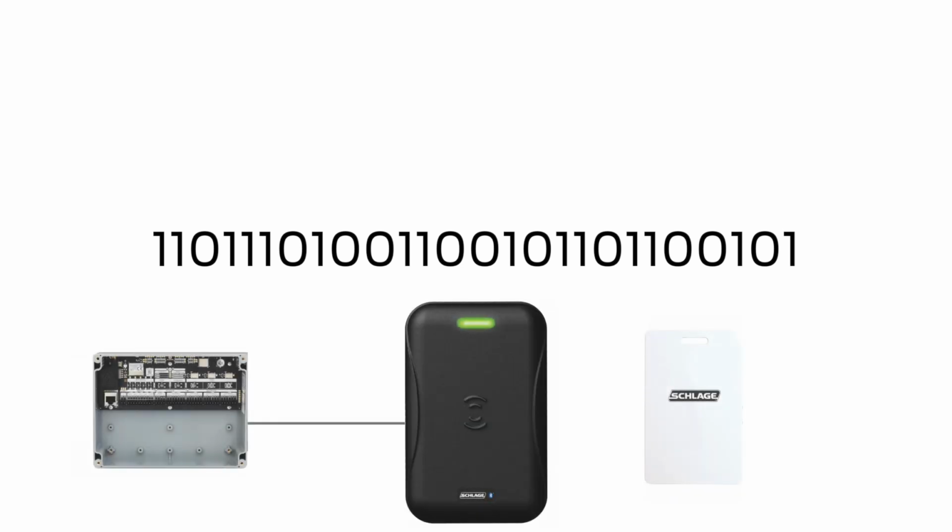Now that you know how to count in binary, you could figure out what number a 26-bit stream of digits is equal to, but we have computers for that. When a 26-bit card is held up to a reader, something like this is sent to the access control system, a stream of digits 26 bits long. The actual ID number isn't all 26 of these bits though. It breaks down a little bit.